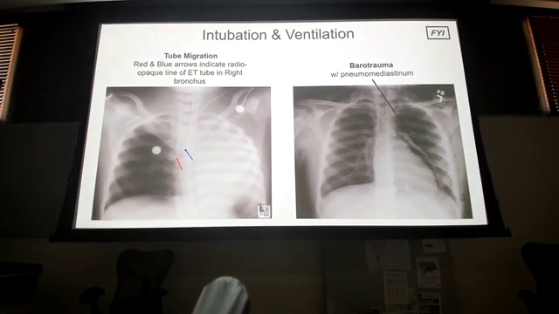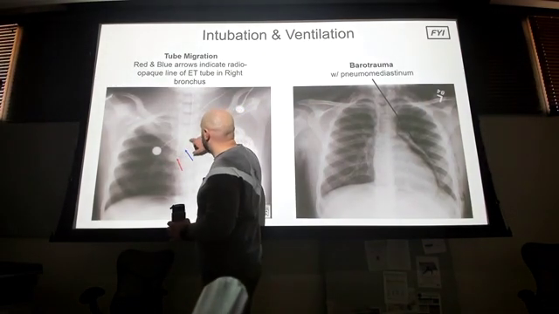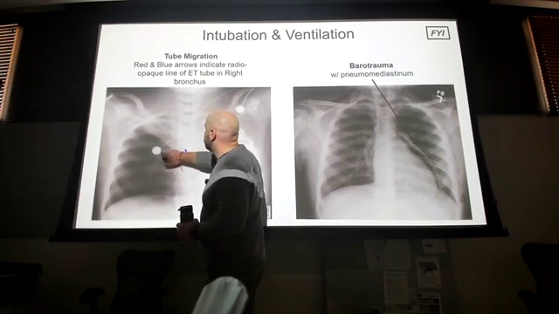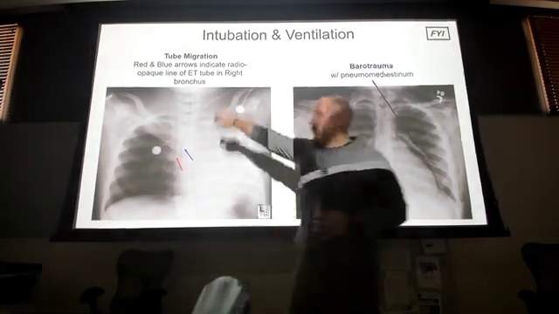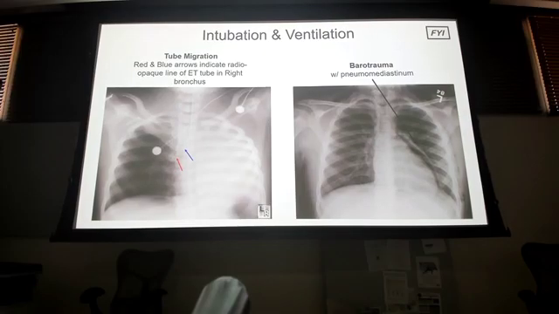All right, so that was that previous x-ray that we talked about, where the right main symptoms migrated. And then everybody's seen that radiopaque line that I was talking about. It's this solid line right here. So this is your ET tube, this guy right here, that white line. What is this line? Yeah, just a chest lead for that. So that straight line that's going up and down, that is your ET tube, that radiopaque line that you're going to check. Right? This is your ET tube, which is just like a cardiac lead monitor.